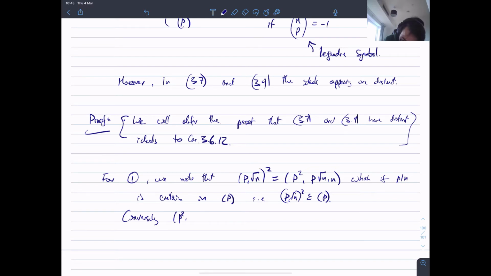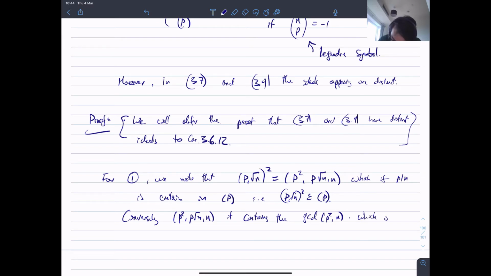if you look at this ideal, p squared, p root n, it contains the GCD of p squared and n. Right, you have these two numbers, p squared and n, the ideal generated by these two things. Remember, the GCD is just some linear combination of the two things, and that linear combination will be in the ideal, so it contains whatever the GCD is. Which, because n is square free, remember n can only be divisible by p once, means it's going to be p,